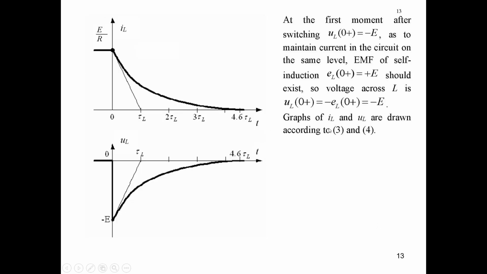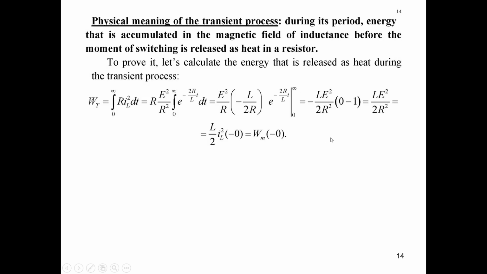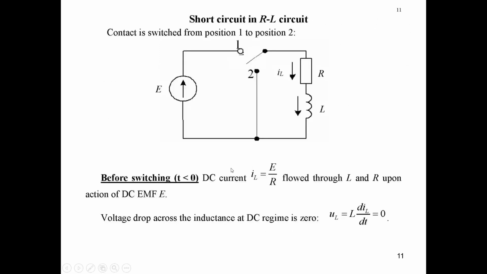Okay, so the physical meaning of transient processes is spending of the magnetic field energy stored in the inductance in the resistance as heat. So it is over, but I would like